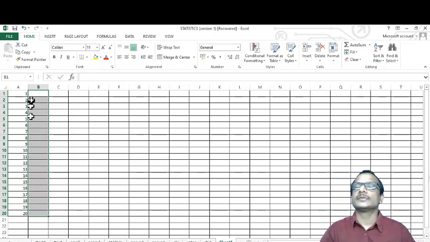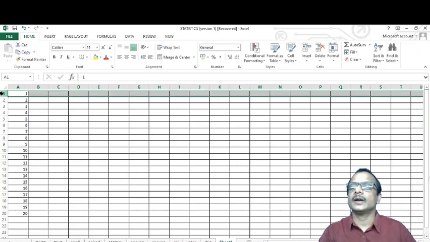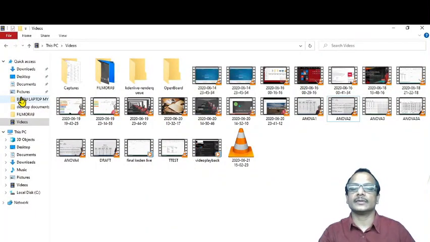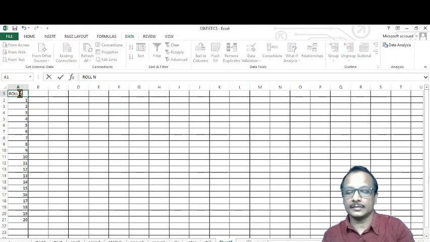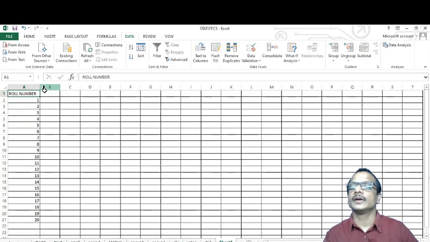Now I can demonstrate. I would like to add some data here. Okay, here I would like to add achievement test scores of some students. I add one more row here, inserting a row above the line. Here I add the roll number of students. Just think it is the roll number of students. And here I want to type their achievement score.